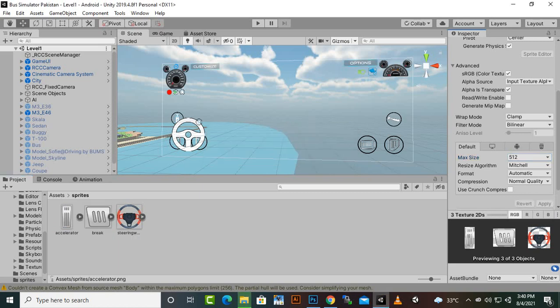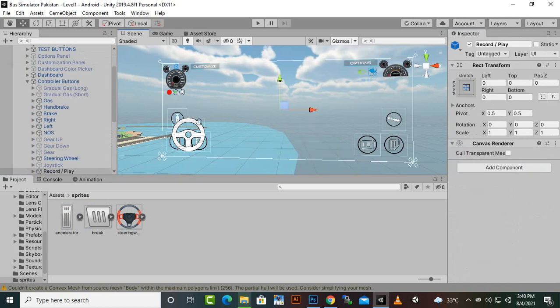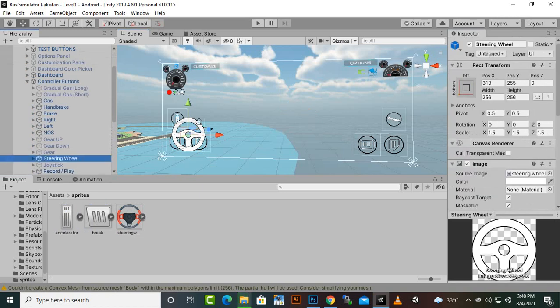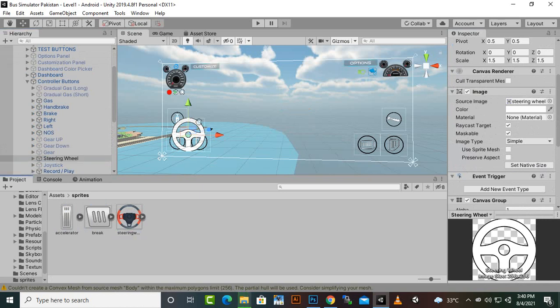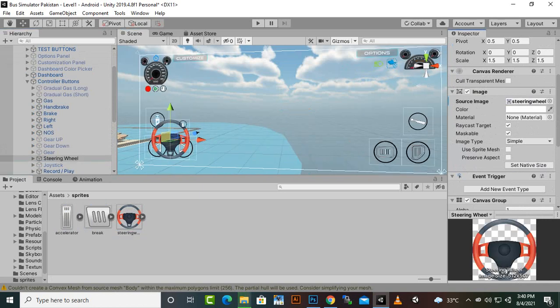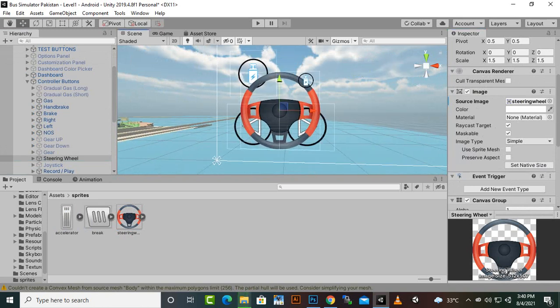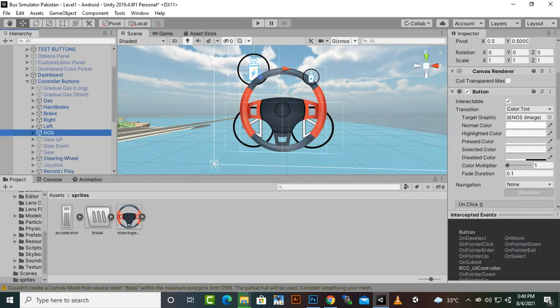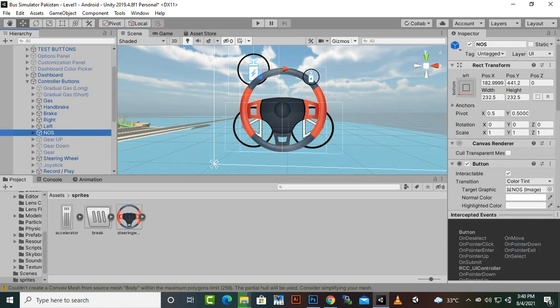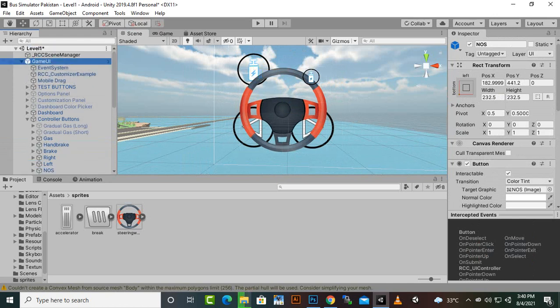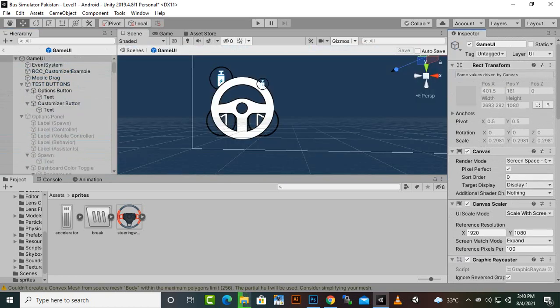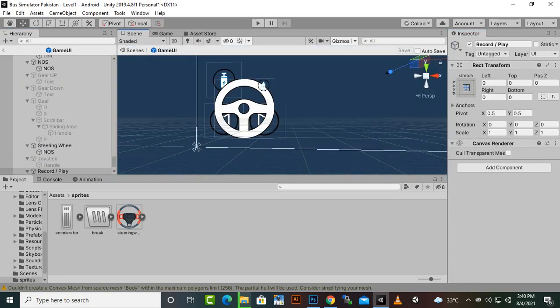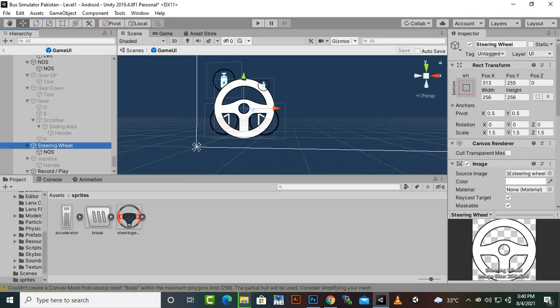And now we can select this steering wheel, and here you can see steering wheel, and here you can see the image. We can just drag drop our own image here, and now you can see we have very nice steering wheel here. In the meanwhile, we can also change this NOS. We don't need, so definitely we can, actually we should first open the prefab and then make these changes. Okay, so here you can see we will select again the steering wheel, and we will just select this image